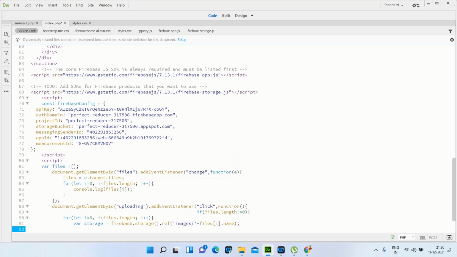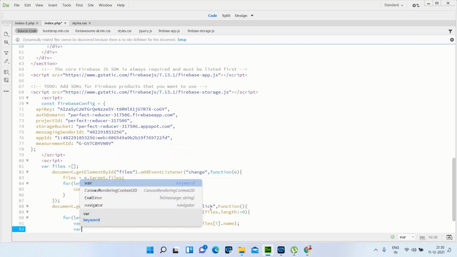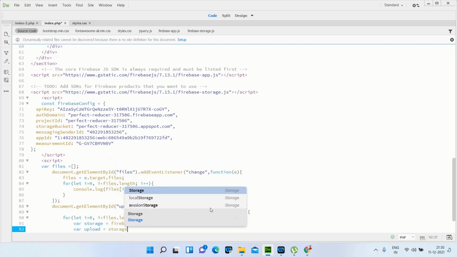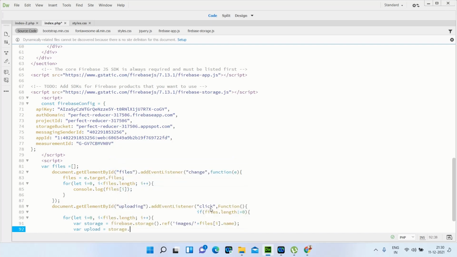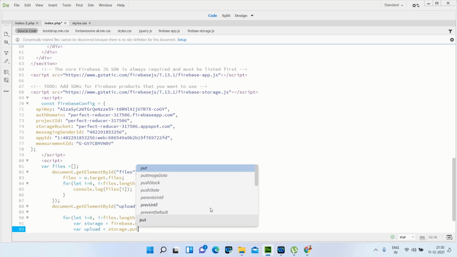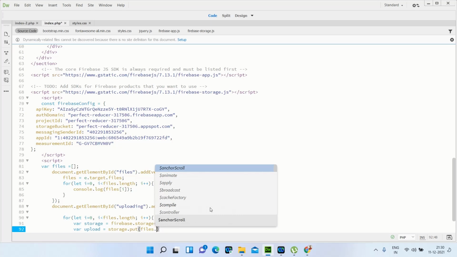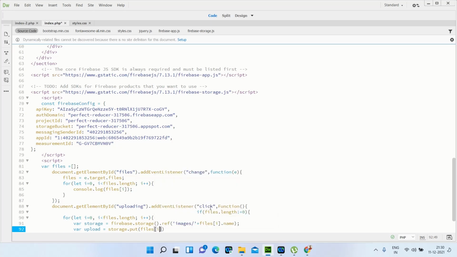After that, for the uploaded files, we need to create a new variable, upload, equal to storage dot put, bracket, here we need files dot files i.